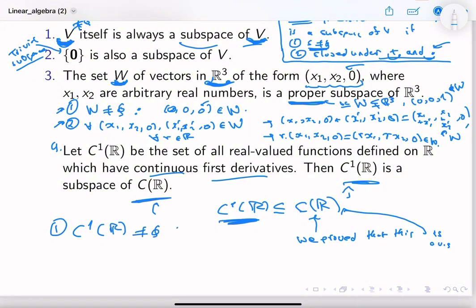Why? Because f of x equal to x, this as a function, let's define it from R to R. This is a differentiable function, right? So f is in C1 of R, so it's not empty. Second,